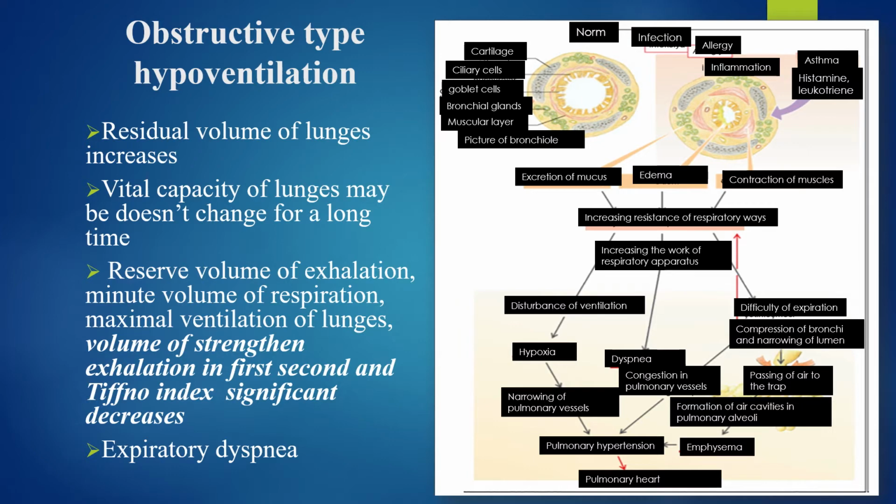In pathologies accompanied by obstruction of the lower parts of the respiratory tract, for example, bronchial asthma, expiration becomes difficult and expiratory dyspnea occurs. Due to obstructive hypoventilation, the exhalation act is more disturbed, and the residual volume of the lungs increases and significantly decreases the Tiffeneau index. Examples of diseases characterized by airway obstruction include chronic bronchitis, bronchial asthma, emphysema, and bronchiectasis. We will talk about them in the following slides.